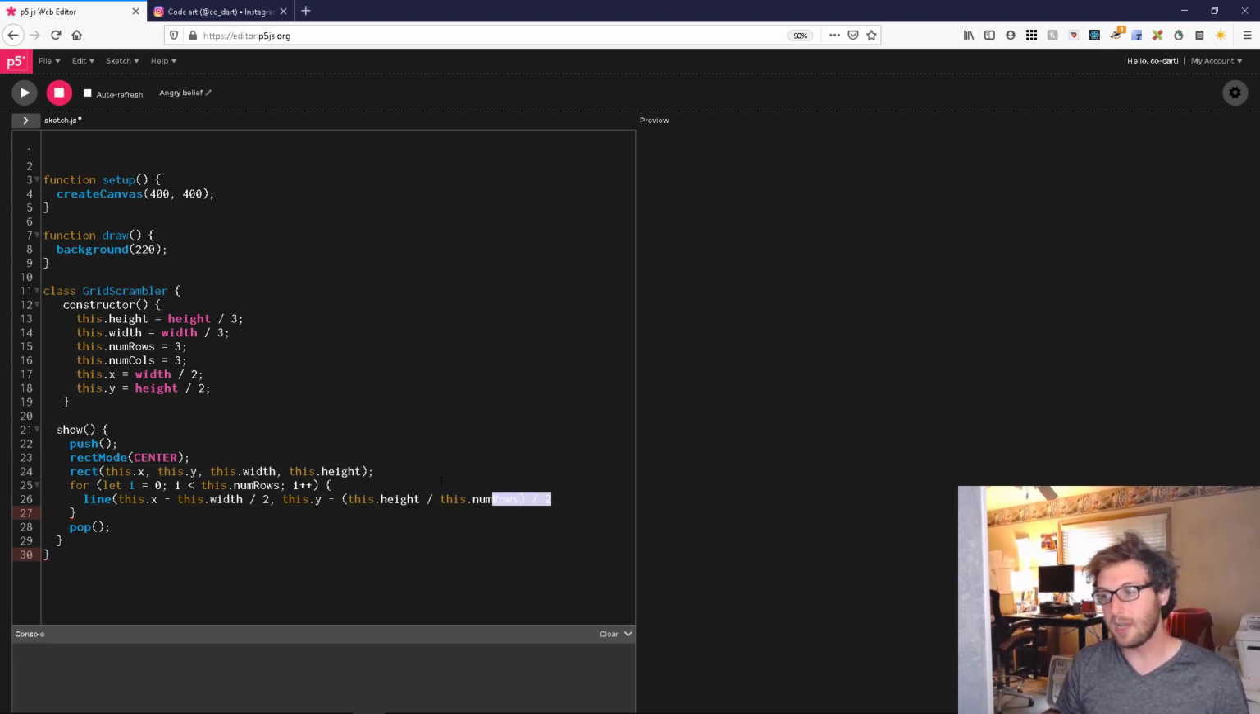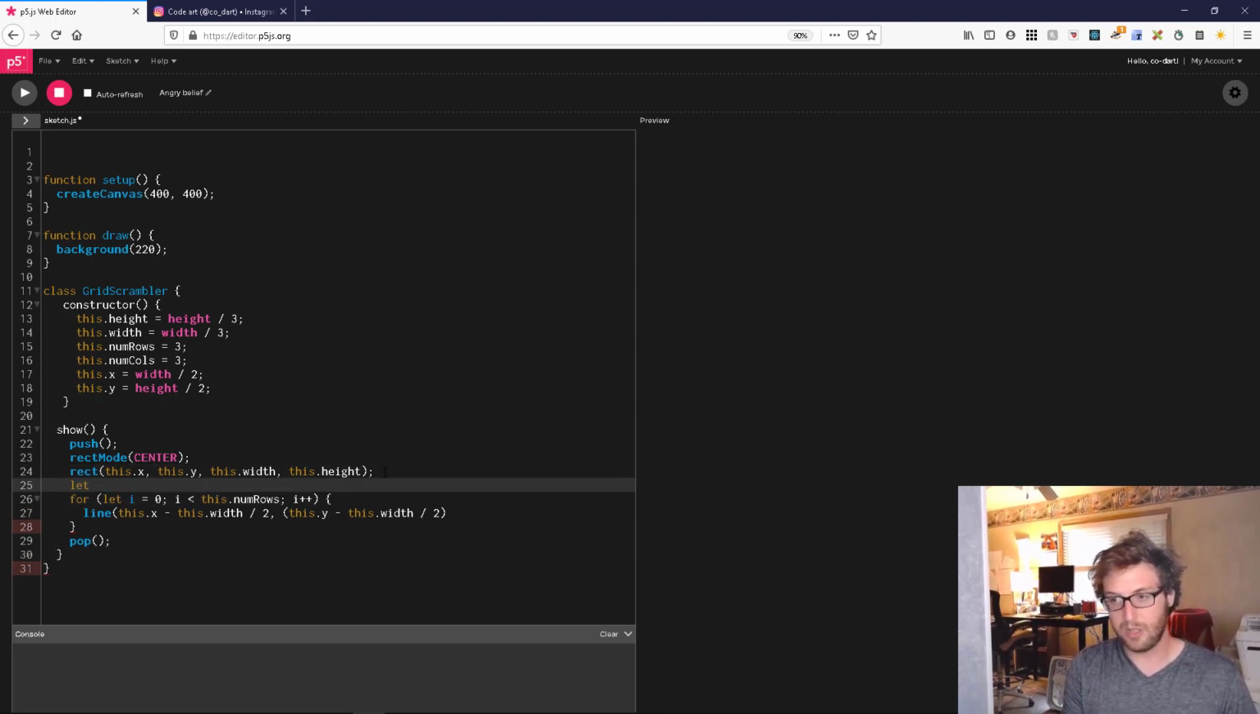Okay, so we get the top. First we get the top of the box. That's this dot y minus this dot width over 2. Okay. Let's actually make these variables. So const top equals